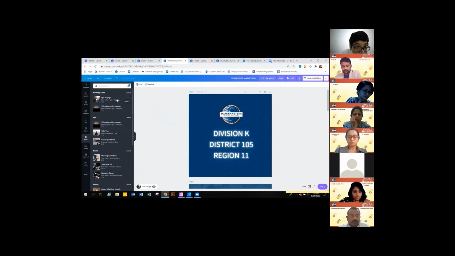I've just picked up the first music and it's right here. Okay, the music is added. Can you see in the center, the music is added? If you all can give me a thumbs up that you can see the music.